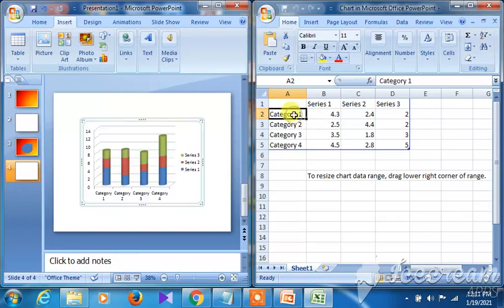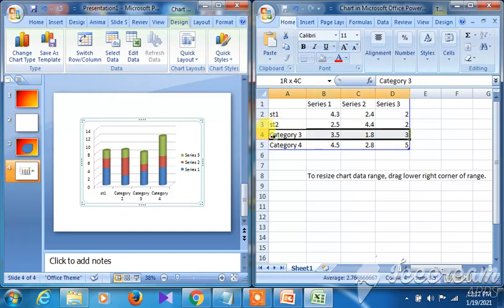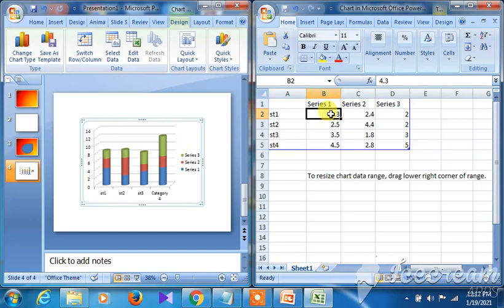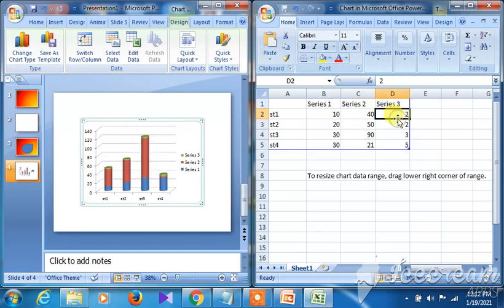Say I'm keeping out here ST1, and then ST2, and then ST3 out here, and see, this is changing. Okay, see here is the change you can follow. All right, and 4. So now I'm keeping out here 10, 20, and 30. This is editing the chart whenever you are inserting it. Say 40, 50, 90, and then 21, 36, 35, 30, 44, 46, 40, 56. So this is the next activity that I have demonstrated to you.